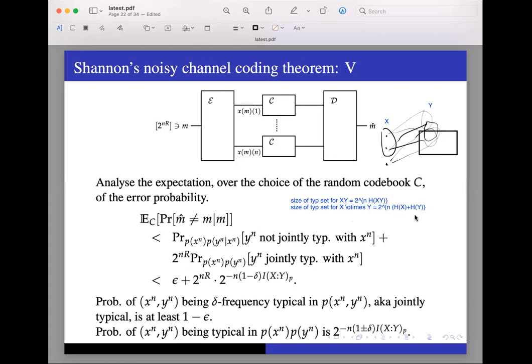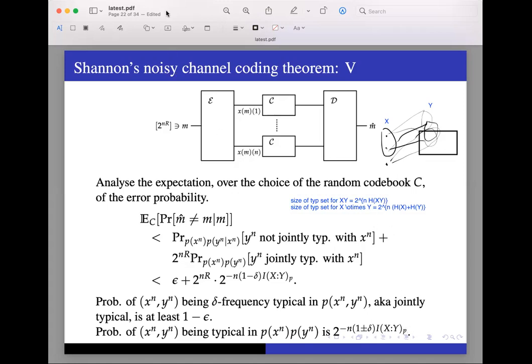Now, because things are uniformly spread out in a certain sense, if I take a random sequence from here, choosing from the product distribution means I'm taking a random element from this set. So if I take a uniformly random element from this set, what is the probability that it lies in the smaller set? You can see that you expect it to be the ratio, and the ratio is just the mutual information out here.